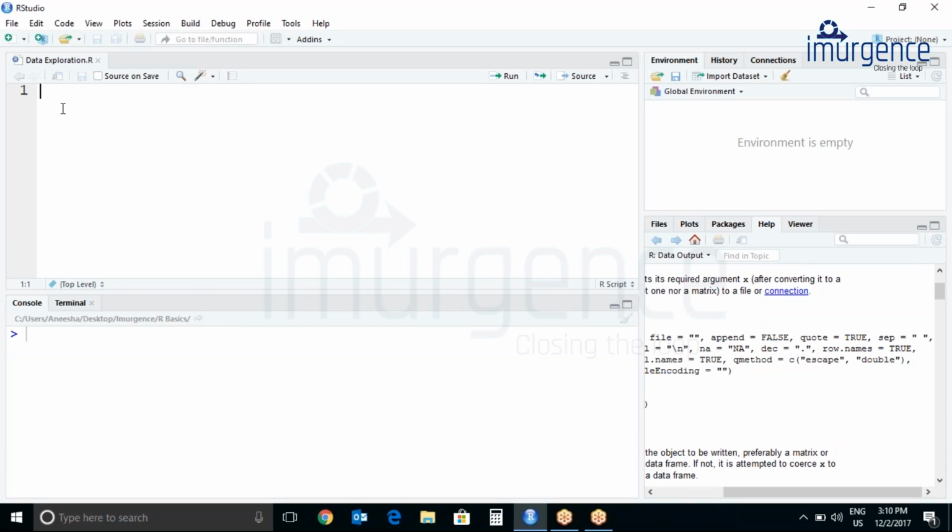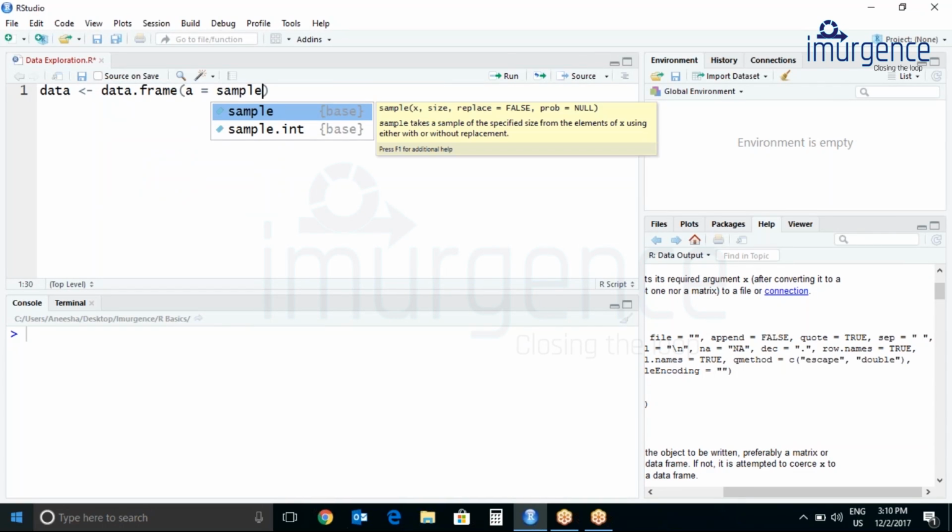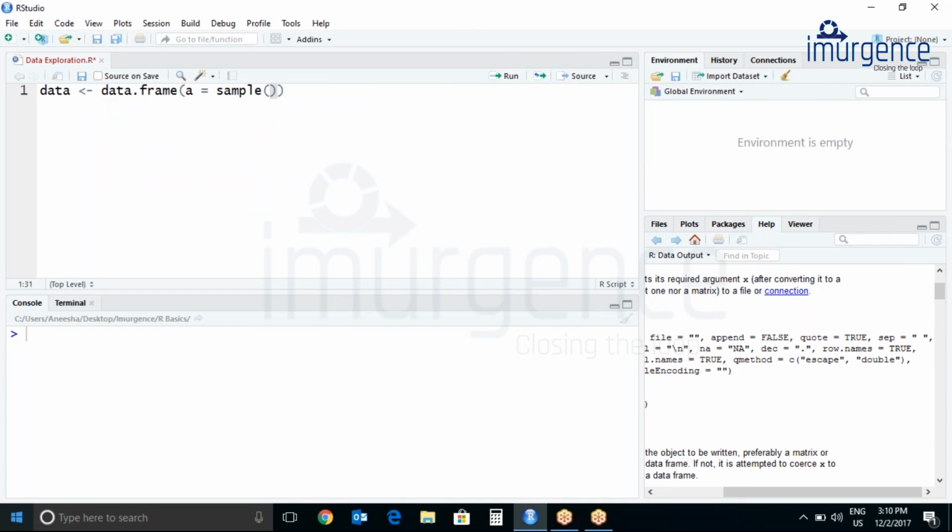We will see some data exploration in R. Let's create a sample data. Data.frame. Let me just add A equals to sample 1 to 20, comma.